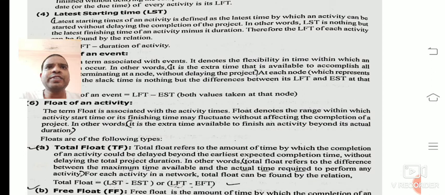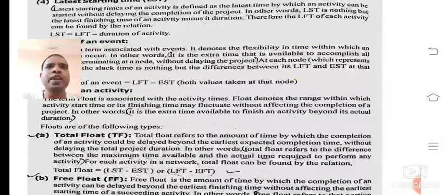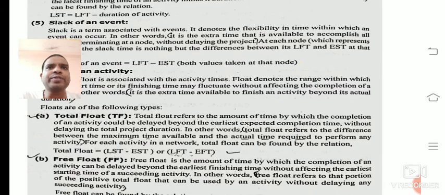The latest finishing time is with respect to finishing the activity without delaying the project, while the latest start time is when the activity can be started without delaying the project. We can find LST by using the formula LST equals LFT minus duration of activity.